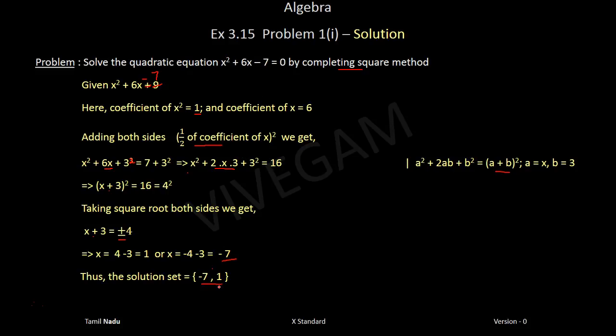Am I right? So basically, make the coefficient of x square 1, and if it is not, do so by dividing both sides by the coefficient of x square. Then add to both sides the square of half the coefficient of x. Okay, and then get the left hand side in the form of a plus b the whole square, and the right hand side will also be a square. Take the square root of both sides, you will get plus or minus. Take the plus root and the minus root, you will get two answers. Those are the two answers for this, or the solution set for this